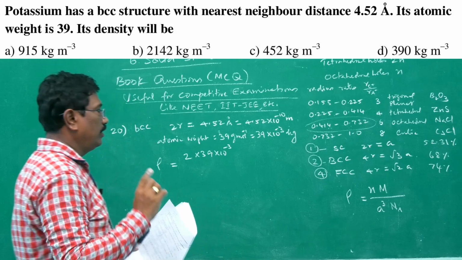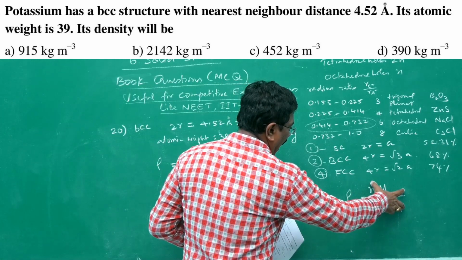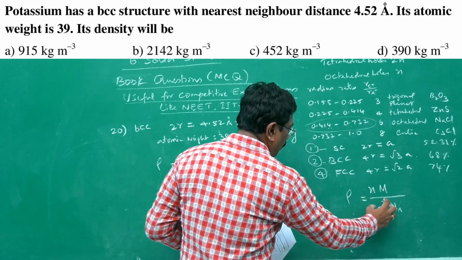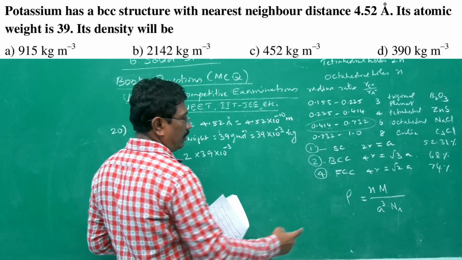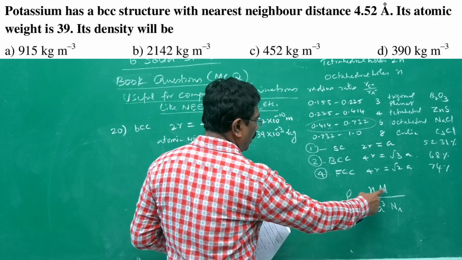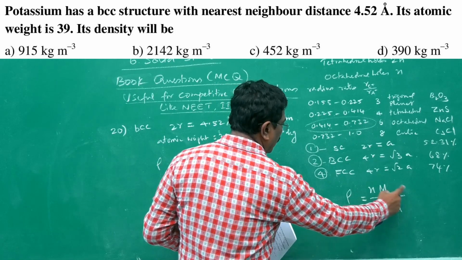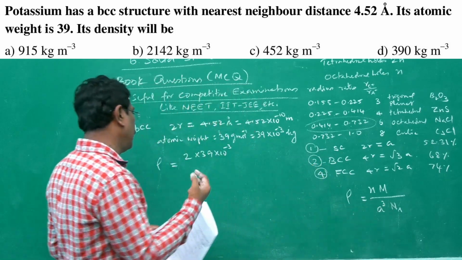All right. So density is the mass of the atoms present in the unit cell divided by volume of the unit cell. Mass by volume will give density. So 2 atoms are present, we multiplied it with molecular mass and divided by Avogadro number. Therefore, we will be getting the mass of 2 atoms present in the unit cell. When it is divided by volume, we will be getting density.